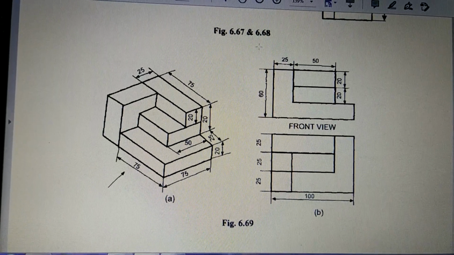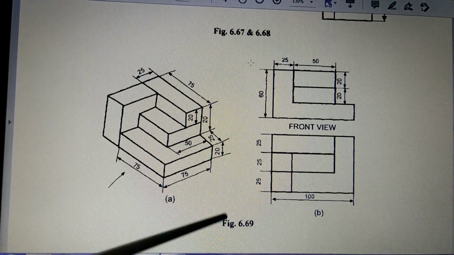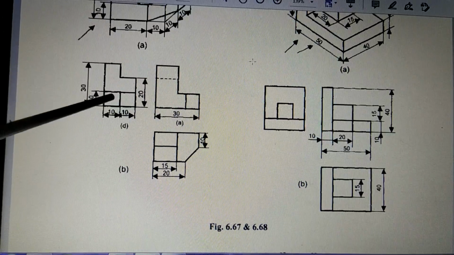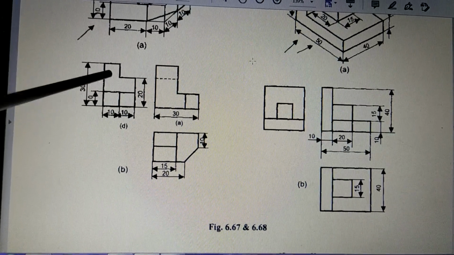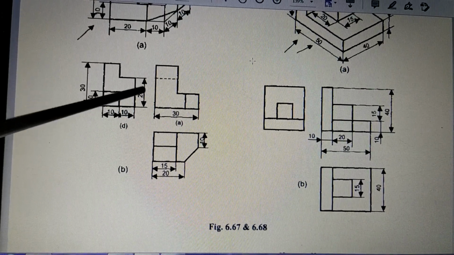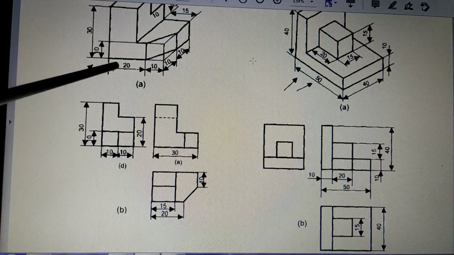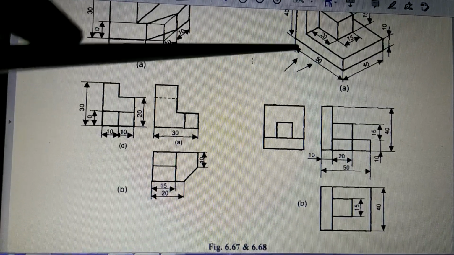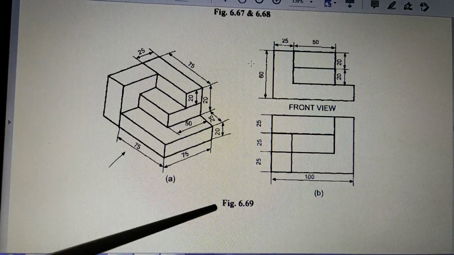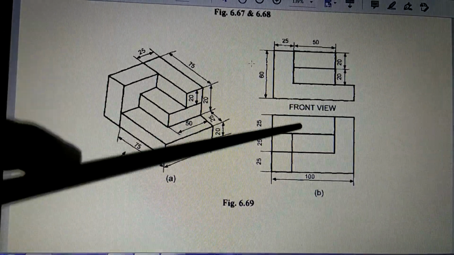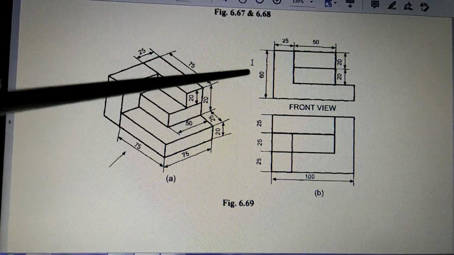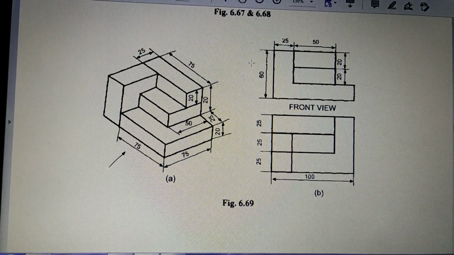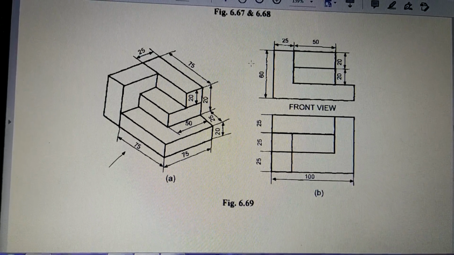So we are now going to draw certain figures, 6.67. The figures which are given by dimensions, these figures we are going to draw. So we are going to draw this figure, question, answer. This figure 6.68, question, answer. 6.69, question, answer, and one more answer is not given, which you have to draw yourself. So that is the exercise for today's lecture.